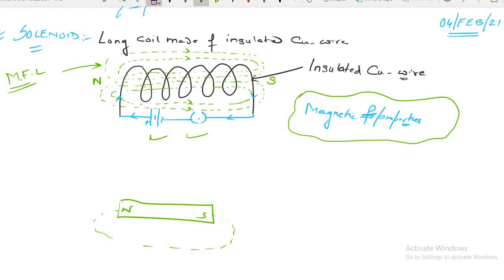I shouldn't draw it like this, I have drawn it just for understanding. It has to be a dotted line. It starts from the North Pole and ends at the South Pole. But in the case of a solenoid, the magnetic field line starts from the North Pole and goes up to the South Pole outside the solenoid. And inside the solenoid, you can see it starts from the South Pole and continues up to the North Pole. That is, it is forming a closed loop. Can you see? The magnetic field lines are forming a closed loop. Outside the solenoid, it is from North Pole to South Pole. Inside the solenoid, it is from South Pole to North Pole.